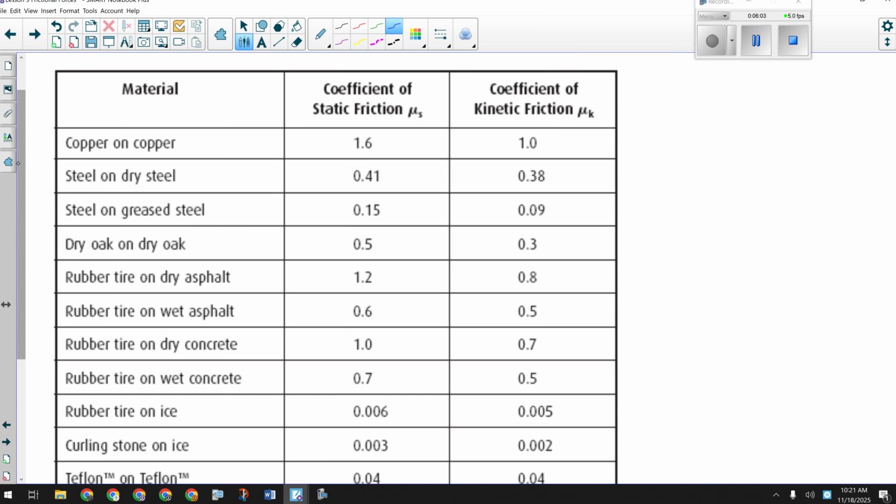Okay, steel on dry steel. If you're ever trying to push two pieces of steel past each other, that would be difficult. That is the problem faced by all internal combustion engines. Steel slides past steel as the pistons go up and down inside the cylinders of your engine. That's why they have to be well lubricated with motor oil so that they slide past each other more easily. If your car is out of oil, that's the coefficient of friction that it's going to start with,